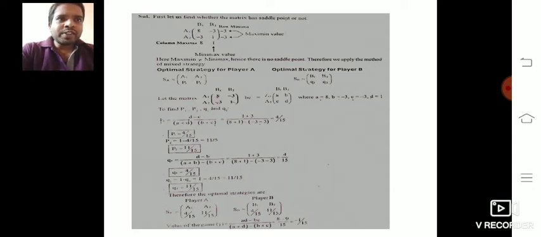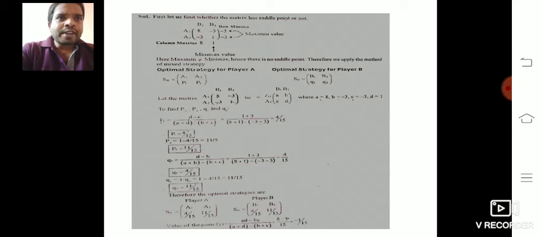Now let the given matrix be 8, minus 3, minus 3, 1. Just compare with the standard matrix. Small a equals 8, small b equals minus 3, small c equals minus 3, small d equals 1. Now go for applying the formula to find the P1 P2 values as well as the Q1 Q2 values. Now the P1 value is given by the formula D minus C divided by A plus D minus B plus C,